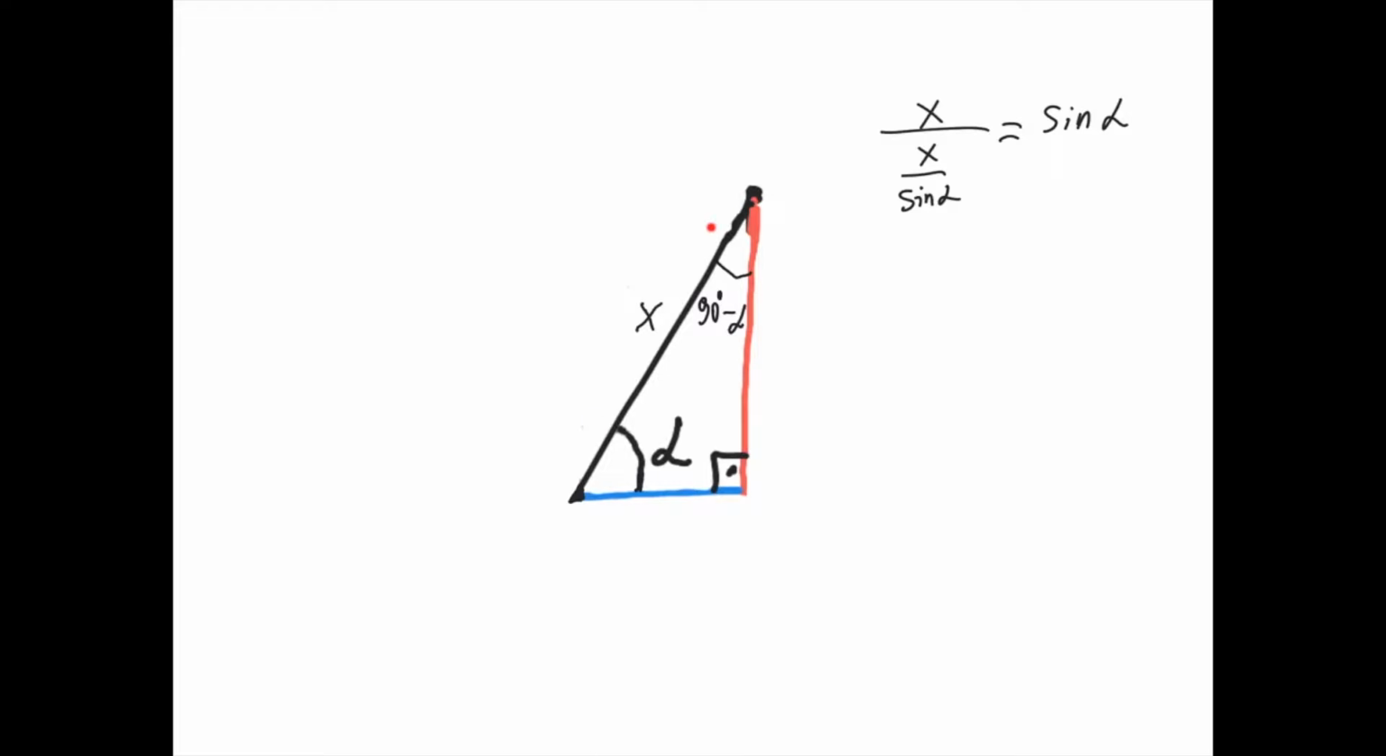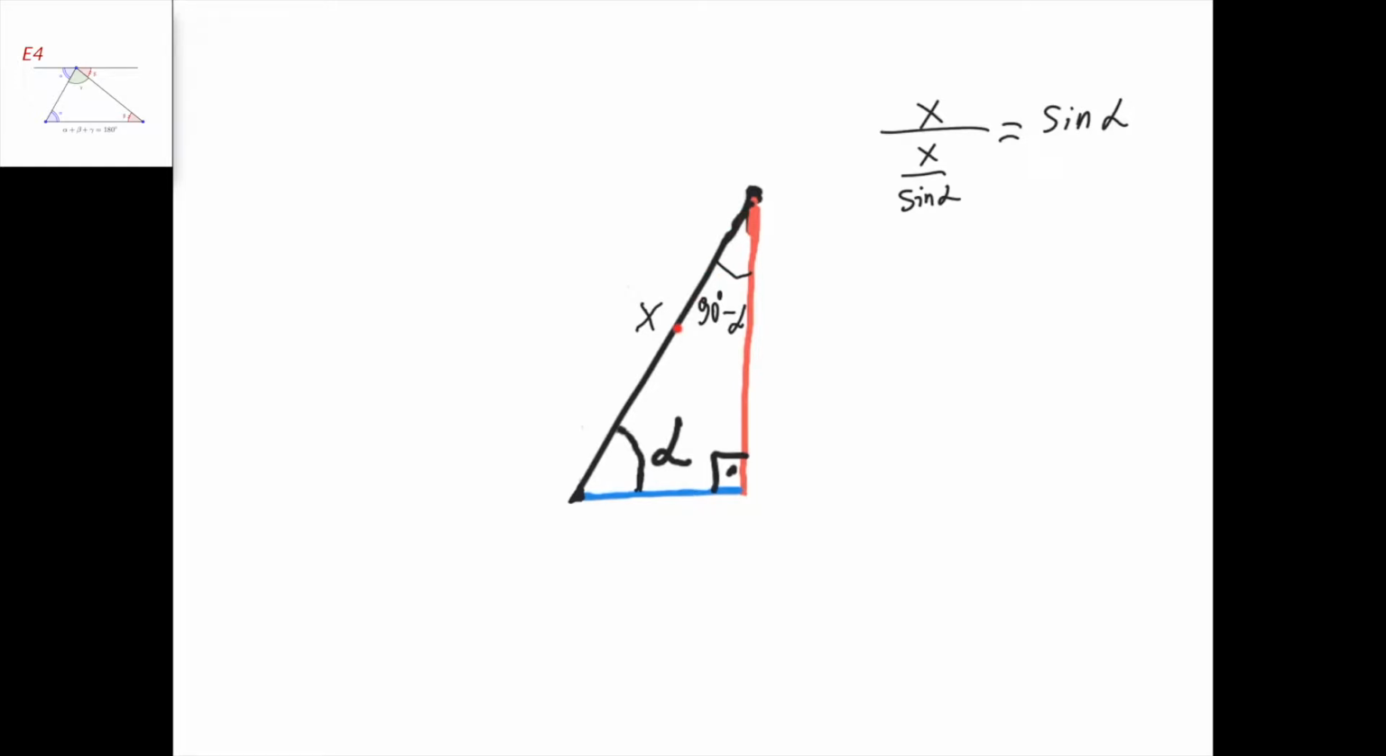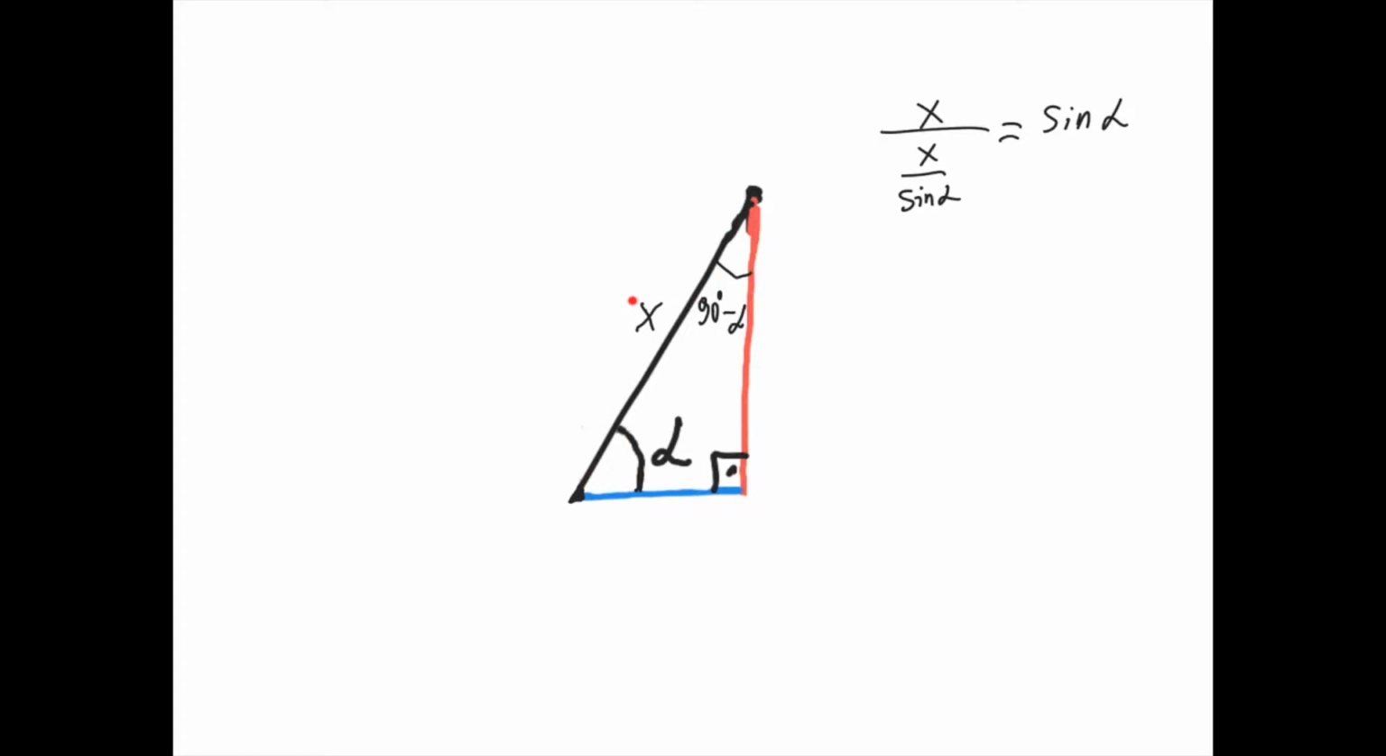Now let this side be x, but let's consider this time the triangle with respect to the third angle, which would be 90 minus alpha because of the sum of the angles in this triangle. If this is x, then, with respect to this angle, this side must be x times the sine of 90 minus alpha, because the sine of 90 minus alpha would be the side opposite to the angle divided by the hypotenuse. And the cosine is the side adjacent to the angle, in this case the red side, divided by